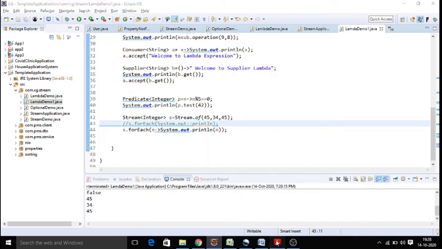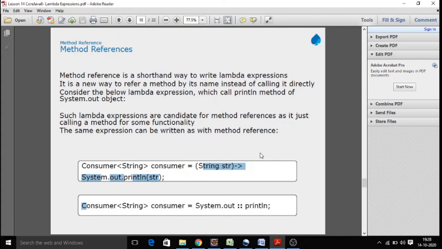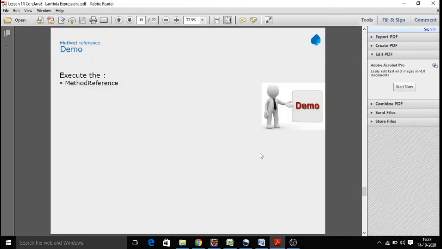So that is how you can practice with lambda expressions and functional interfaces, to write custom lambda expressions with a functional interface, and also test with the built-in functional interfaces called Consumer, Predicate, Supplier.